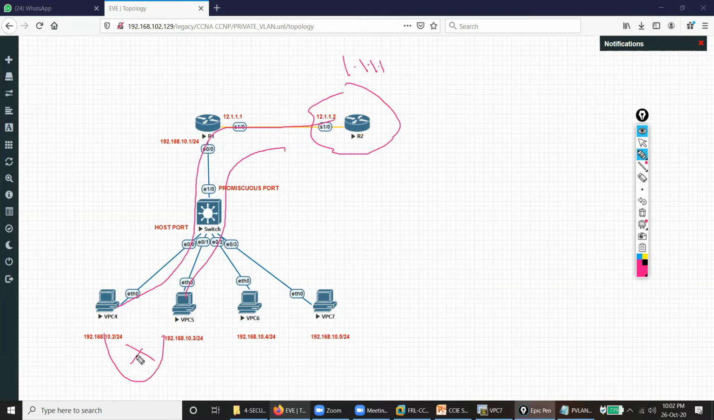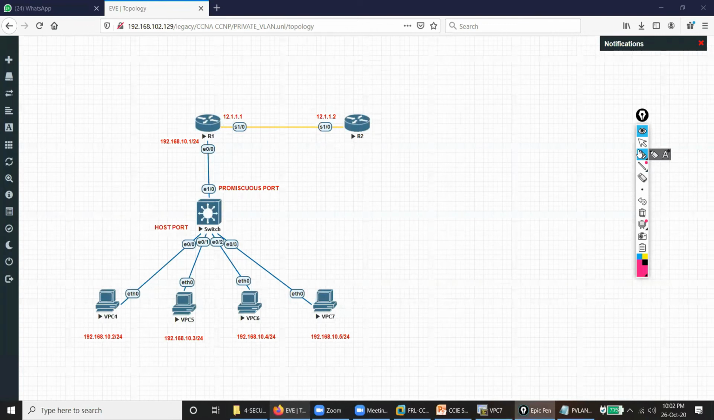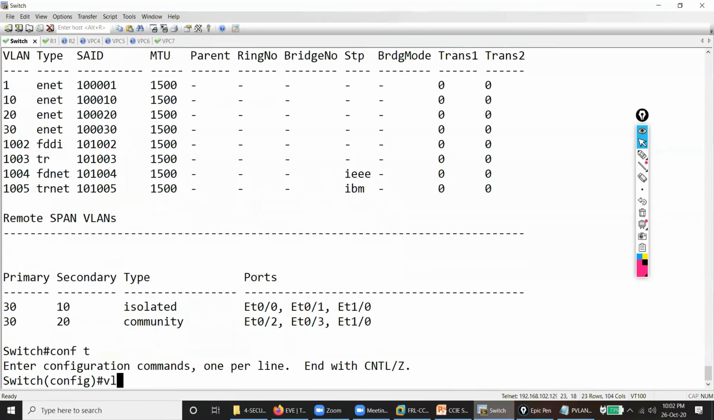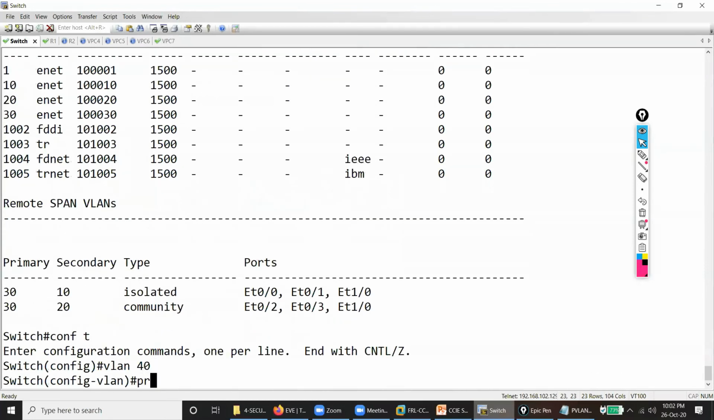Communication between them, and communication between these guys and these guys also, is not possible. Why? Because they belong to two different community VLANs, and two community VLANs also cannot communicate. For example, I create one more VLAN 40, private VLAN